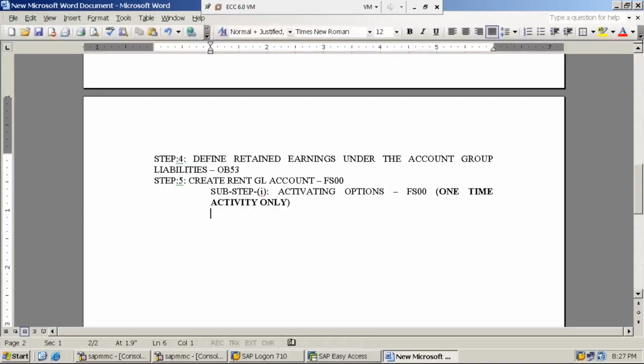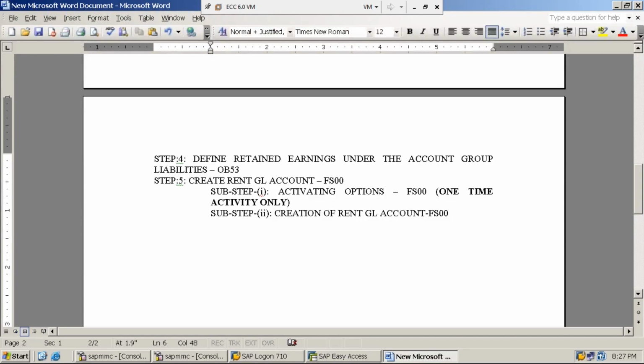Sub step 2: creation of rent GL account using FS00.